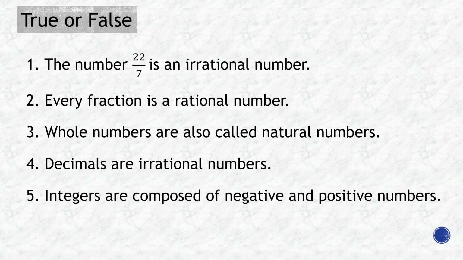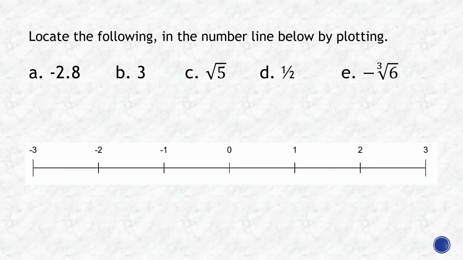Okay, so let's go to the last one. Let's locate the following on the number line below by plotting. Negative 2.8, so it's somewhere here. Positive 3 is obviously here. Now the square root of 5,